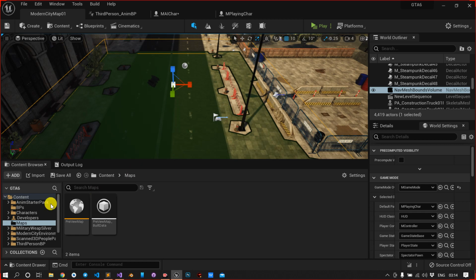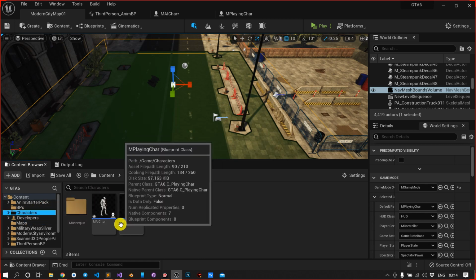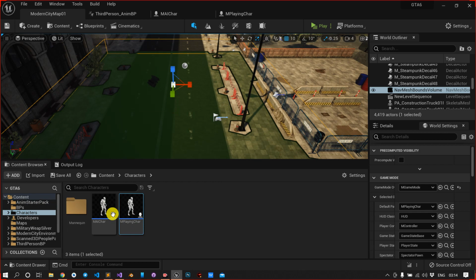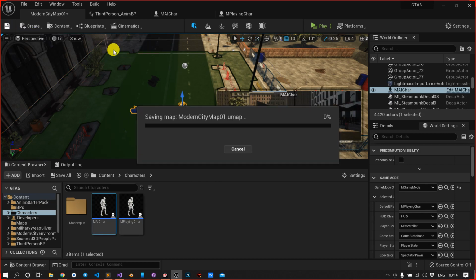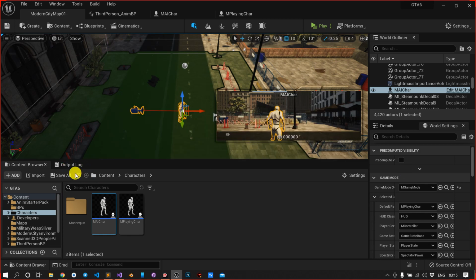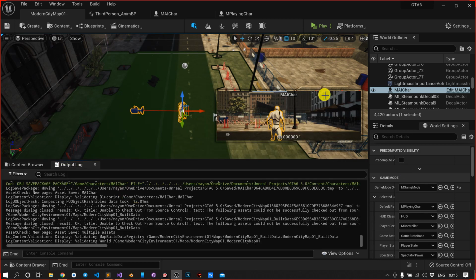Okay, now I will spawn the AI character. It is here. Just click save. For playing, we are using MPlayingCharacter, which is our playing character. Perfect. Now let's check if it is working. Let me open the output log. Okay, perfect.